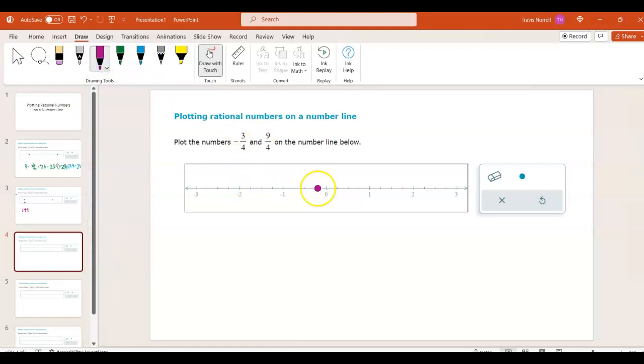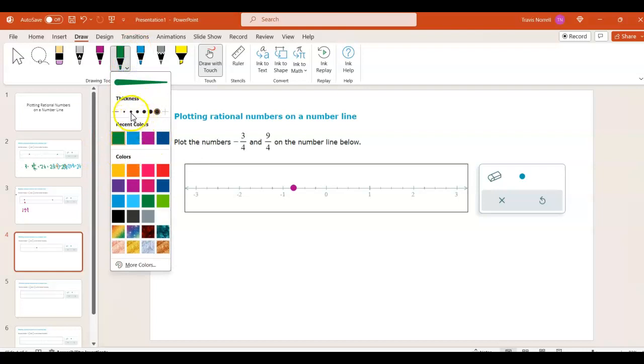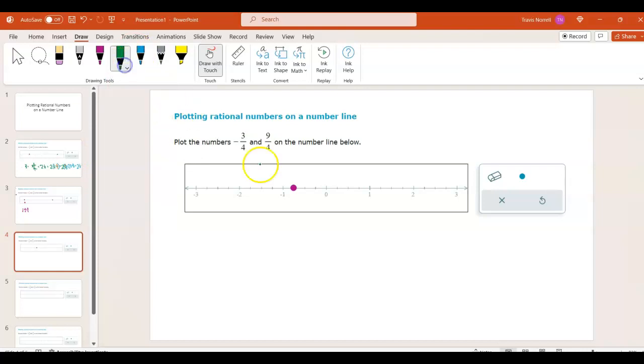So let's try negative 1/4, negative 2/4, negative 3/4. Notice that's putting me there in front of negative 1. I don't have a mixed number, it's just a fraction itself, so that's before the negative 1. Alright, so now let's try the 9/4. Remember, 9/4